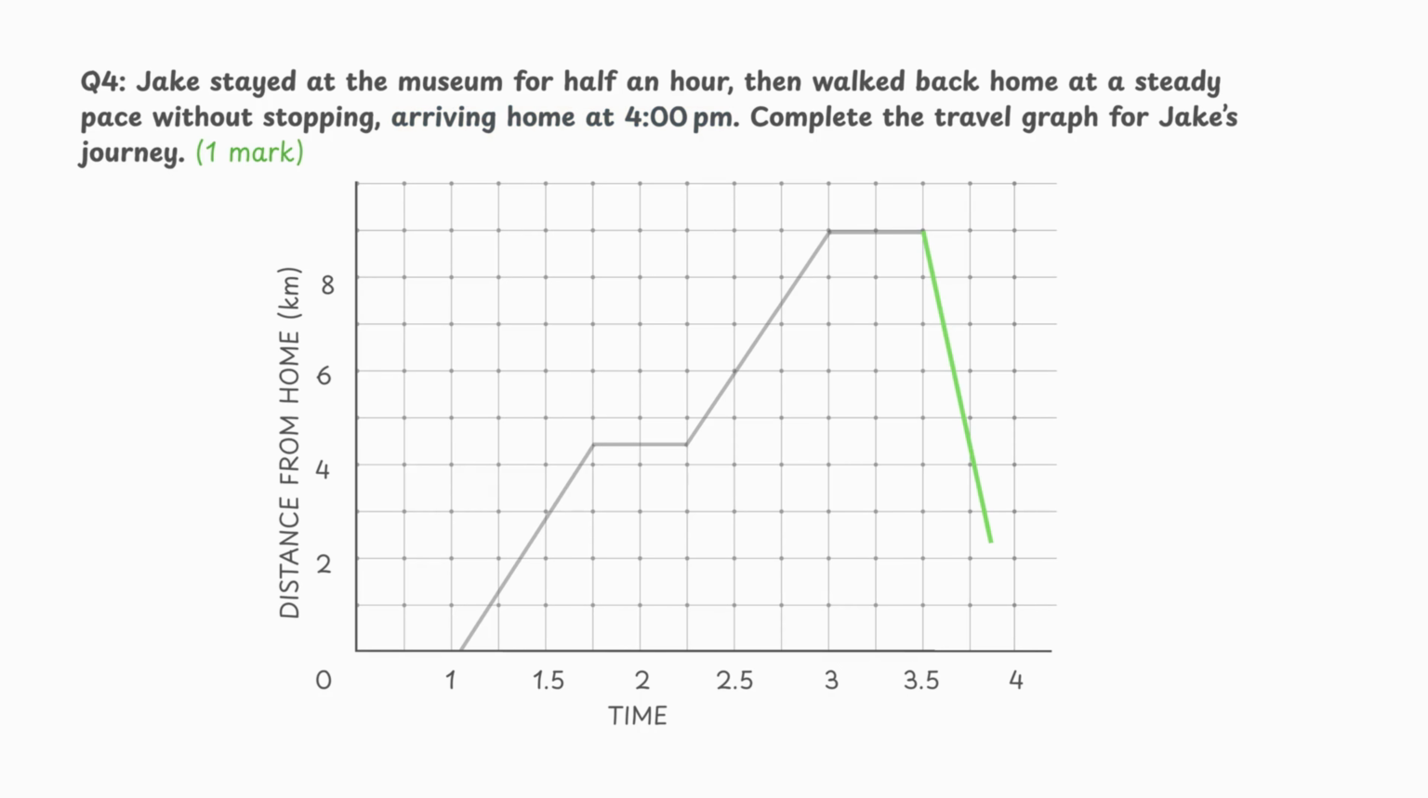To complete the graph, we connect the points using one straight downward line from 3:30 p.m. at 9 kilometers down to 4 o'clock at 0 kilometers. Now the journey is complete, so let's summarize what we added to the graph. First, a flat line for the 30-minute stop at the museum, then a straight downward line to show Jake returning home at a constant speed,